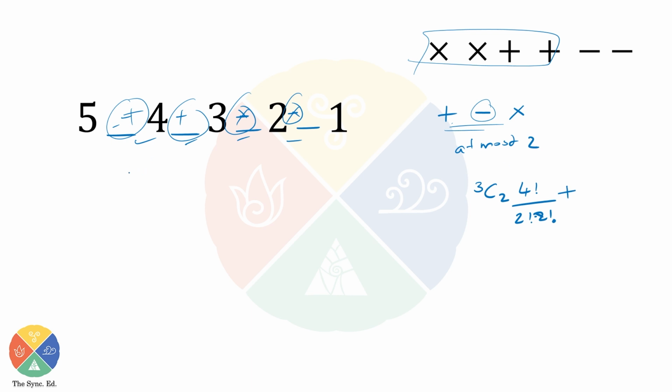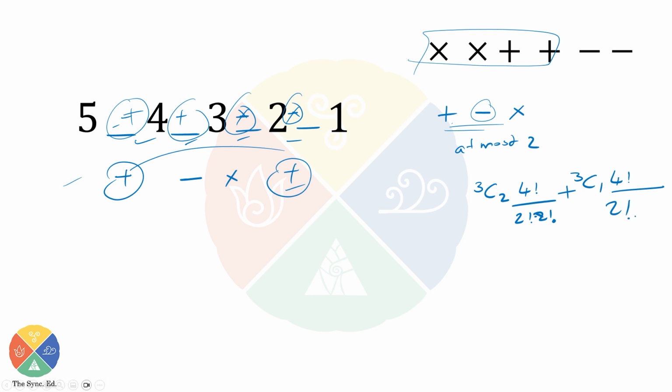So that's one scenario. The next scenario is that plus, minus, multiplication, I'm going to reuse, and I'm going to repeat one of them. So that is 3C1. I'm selecting one to repeat. So again 4 factorial, 4 gaps are there, but out of them 1 person is repeating. So this much. Now if you